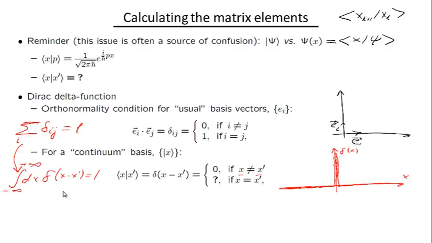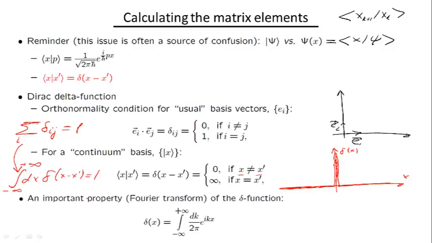This implies that the value of this delta function at x equals x prime is infinity. These conditions are the canonical conditions that determine the Dirac delta function. Now, this Dirac delta function has many properties that can be discussed, so I don't have time for that now, but let me just mention one